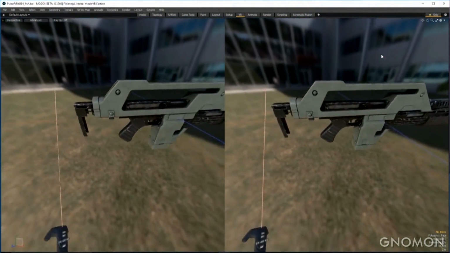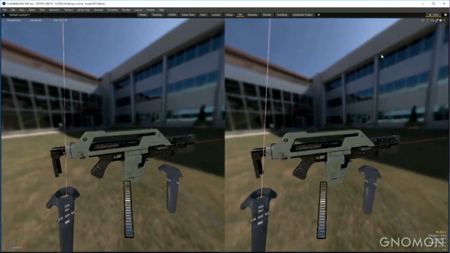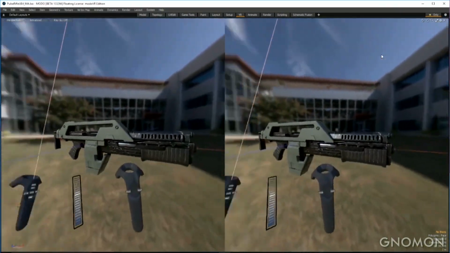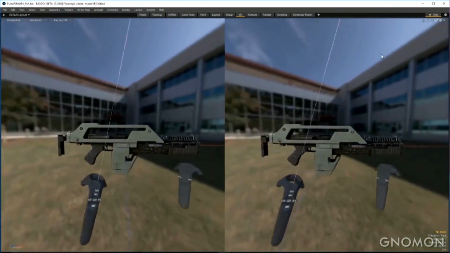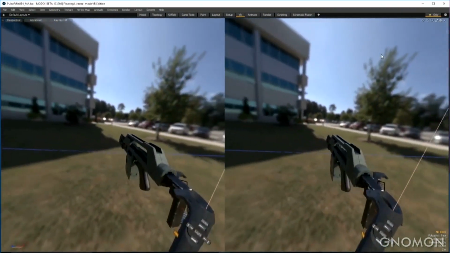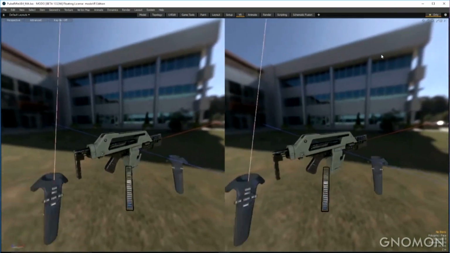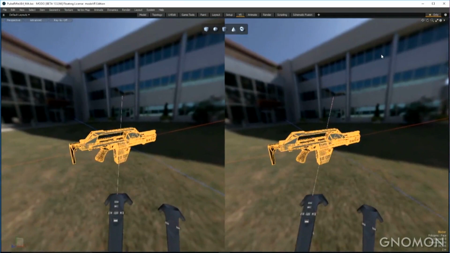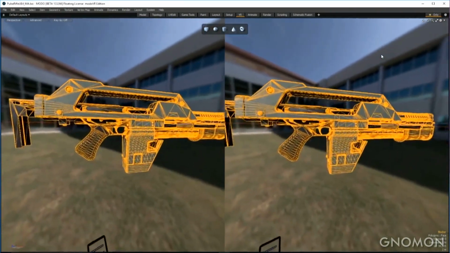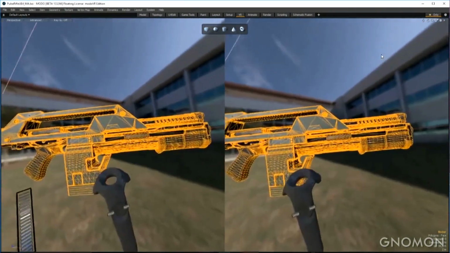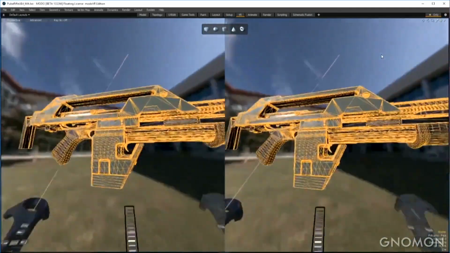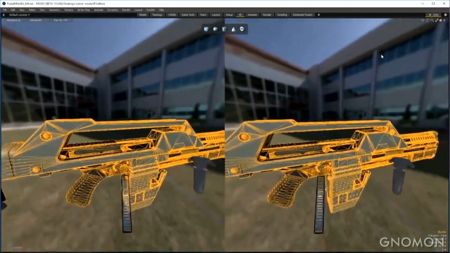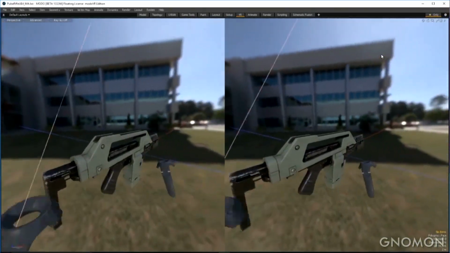And here's a pulse rifle that I modeled actually for the VR Funhouse, a little webinar I did a while back. And I modeled it all on the desktop, and then I brought it into this VR experience. And I noticed after I did that, I'm like, wow, I would have done things a lot differently. But being able to actually work on it and look at it really changed the experience because I could check out those wireframes. I can zoom in, look at the textures, and decide really where I want to focus my detail.